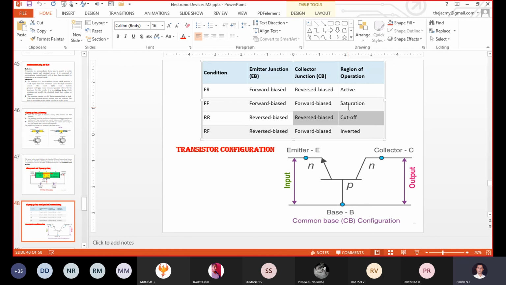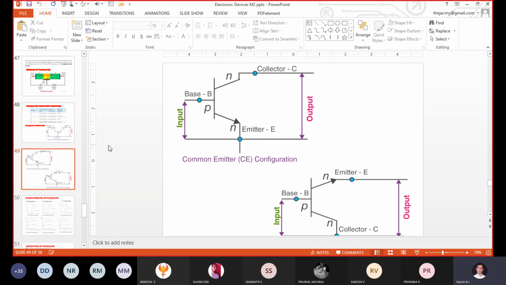Okay, so in such a way we are going to analyze a transistor as an amplifier and as a switch. Correct. So one thing we got to know is that for working your transistor in amplifier mode or switching mode, we have to do the biasing first. For biasing your transistor, we require two external sources. It may be a DC source or an AC source. Generally, we require two DC sources here. Okay, so this is about your transistor. Still a few concepts are there about the transistor. We will discuss in the next class.